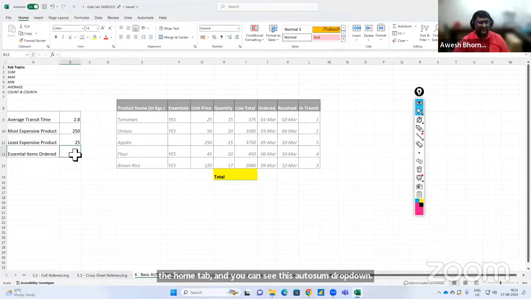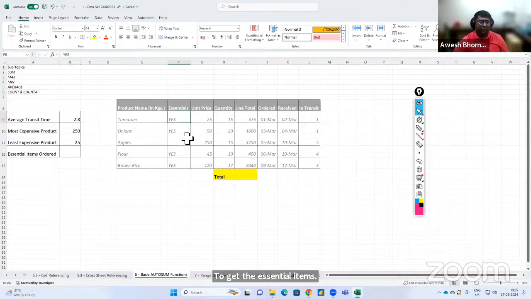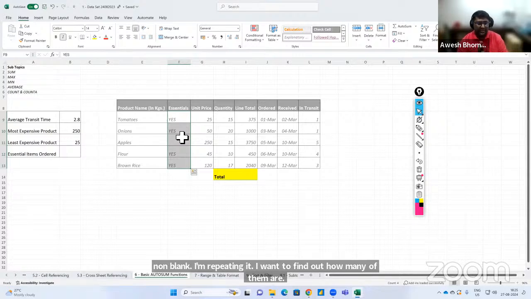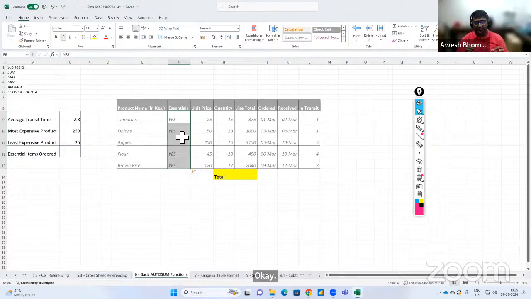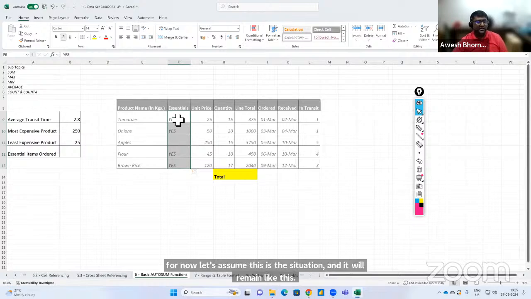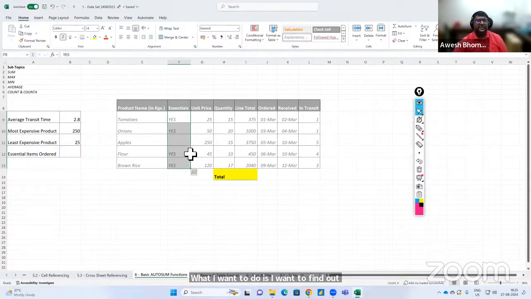Well, the last one is to get the essential items ordered. Now, what I want is I want to find out how many cells in this range of values or in this range of cells are non-blank. I'm repeating it. I want to find out how many of them are non-blank, meaning how many of them have got some value in it. Now keep one thing in mind, okay? The example that I'm sharing with you, if there is even a small twist in this, the entire scenario is going to change. But for now, let's assume this is the situation and it will remain like this. It's not going to change. What I want to do is find out the number of cells that have